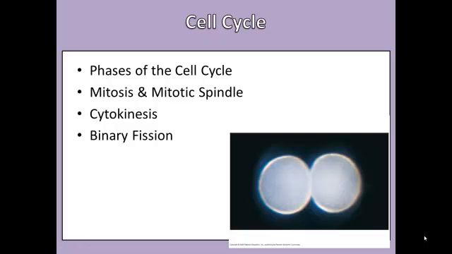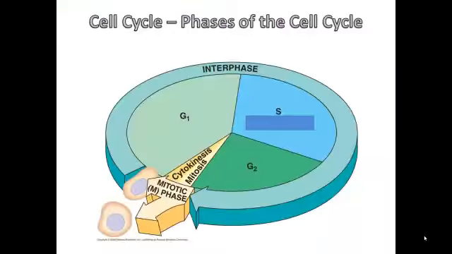In this concept, we will be talking about the phases of the cell cycle, mitosis and the mitotic spindle, cytokinesis, and binary fission. Cells need to control how often they divide. Unicellulars have to divide or reproduce only when there are favorable environmental conditions, such as enough food, for the new cells to survive. In multicellular organisms, cells need to divide when it will benefit the entire organism. Otherwise, the cooperative falls apart. A condition where there is uncontrolled cell division is called cancer.